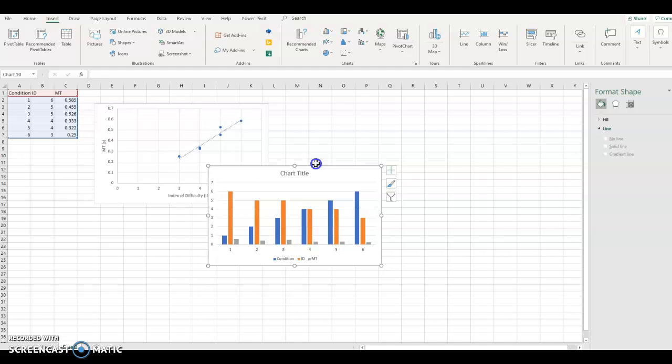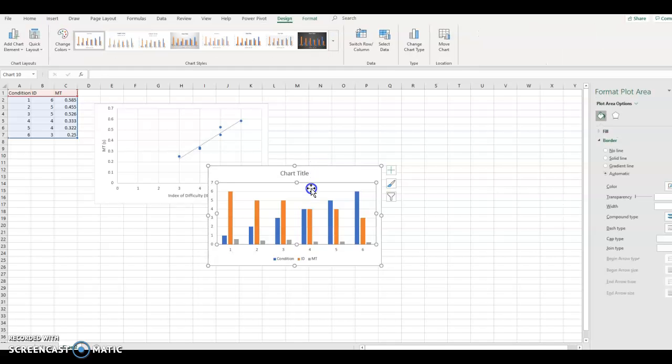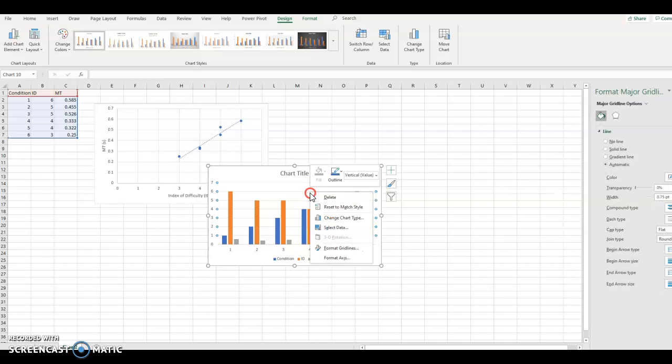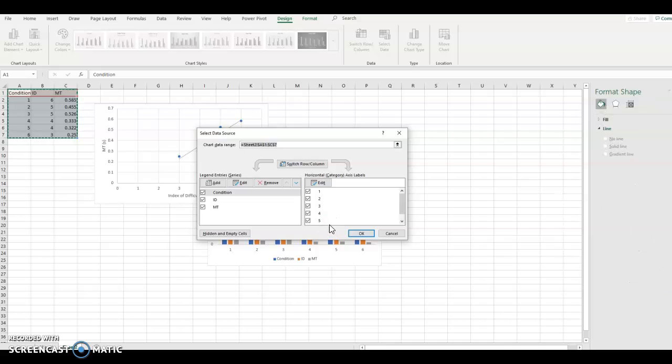And so for this one, we're going to go ahead and get rid of some of this data because we have some extra data we don't want in here. So we're going to click inside the data area, right click, and select our data. In here, what we want is our movement time data and our condition data. We don't want this index of difficulty data. And we're actually going to unselect our condition data here because we don't want that in